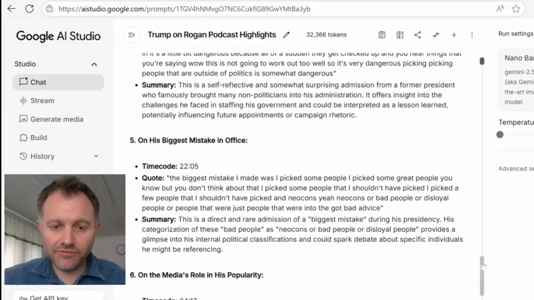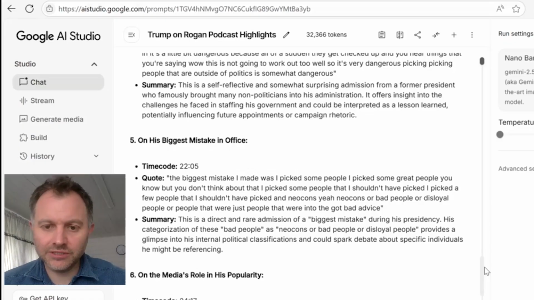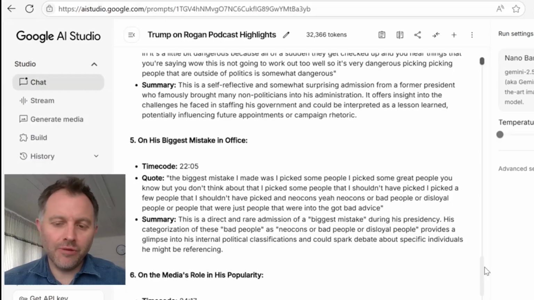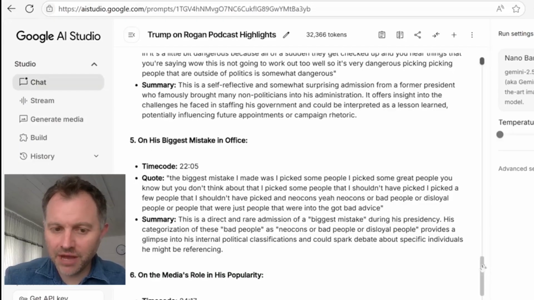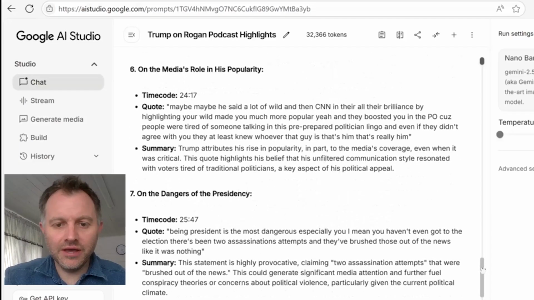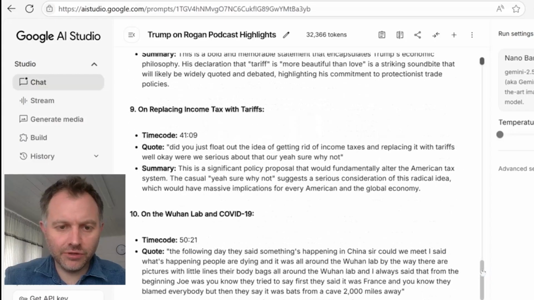Next is the dangers of picking non-politicians, his biggest mistakes in office, so that might be quite interesting. "The biggest mistake I made was to pick some people that shouldn't have been picked. I picked a few people that were neocons or bad people or disloyal people." So again, that's him talking about his mistakes in office previously, so that might be something that would be of interest in terms of the story. I think if we go down here,